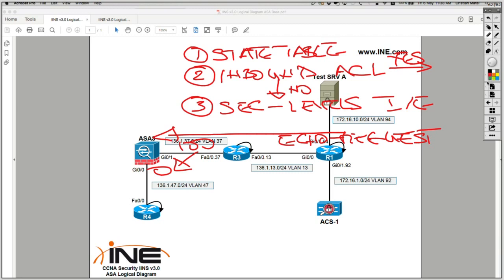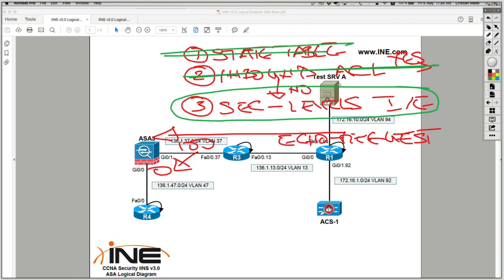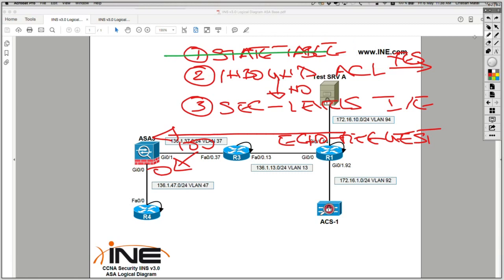And step number 1, because it's the first packet from that session, there's no entry in the state table. There is no inbound ACL on that 100 level interface, which means I'm going to allow the echo request just because traffic flows high to low, which means it's allowed by default. But then in the other direction, it is going to be dropped,